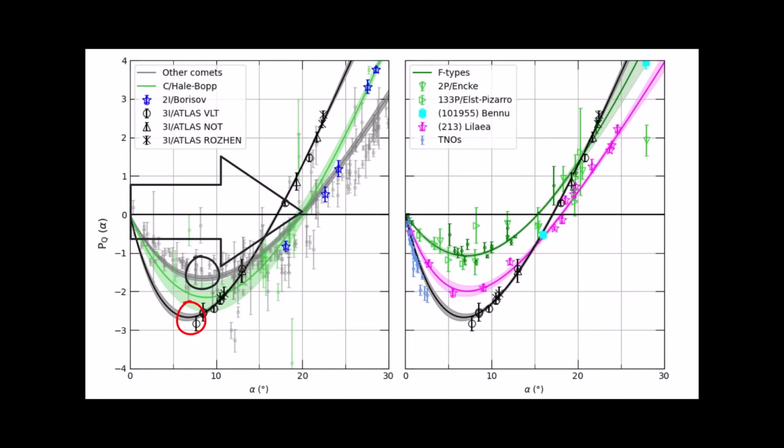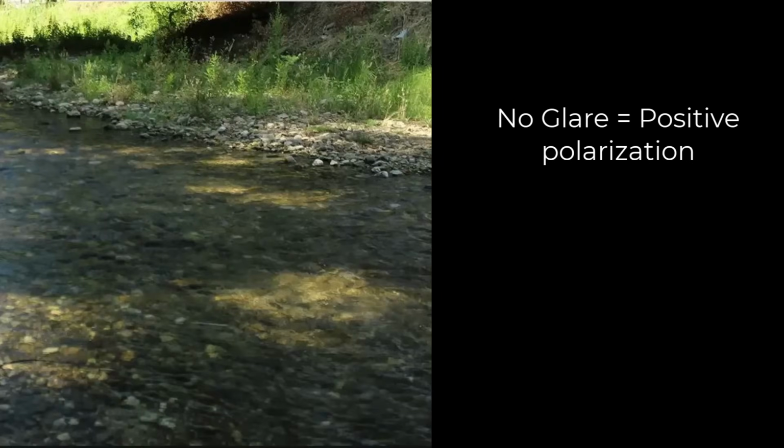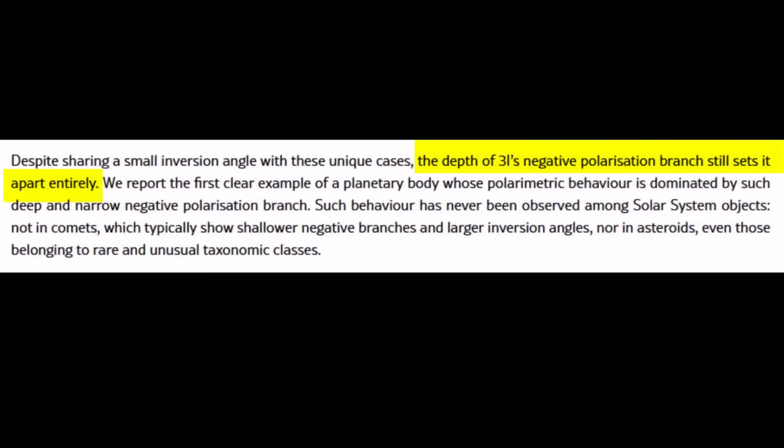Atlas, by contrast, is dipping all the way to -2.7% polarization, and it's flipping much earlier, at just 17 degrees, which is a sharp, unusual signature that we've never seen before. The easiest way to picture this is if you were to look at the sun glare off of a body of water, like a lake. Usually that glare shifts gradually as you change your viewing angle. But Atlas's glare is flipping very suddenly and much more strongly,